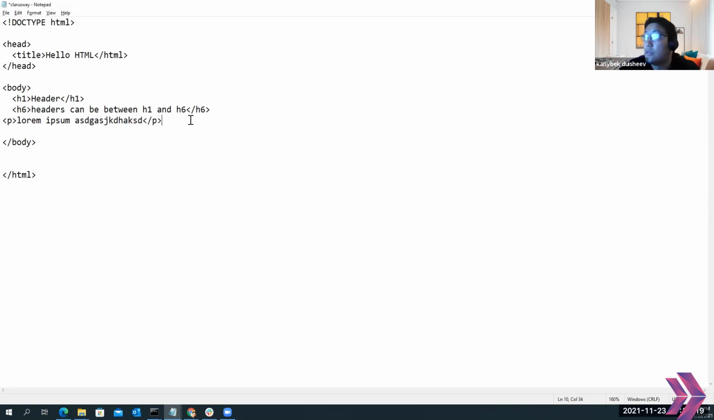After that, we covered how to create an empty space just with the BR, and then how to draw a horizontal line. Let me create this and then put over here a horizontal line, HR, and so